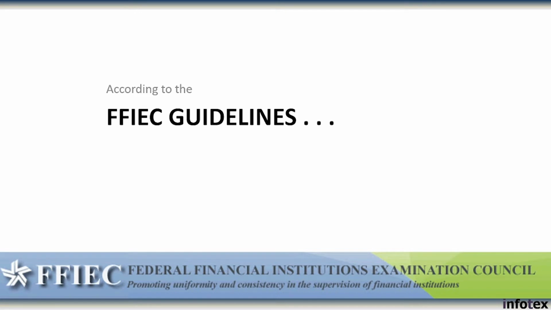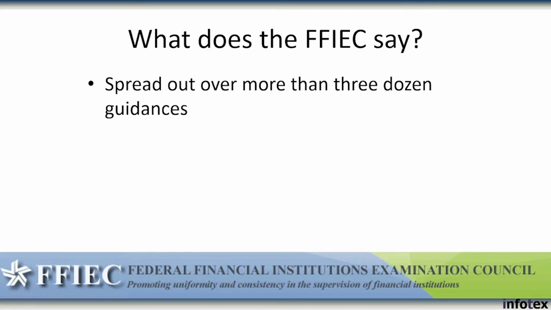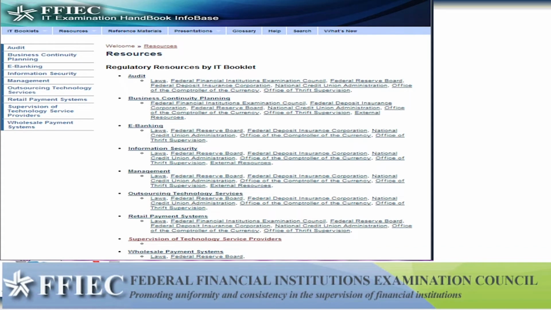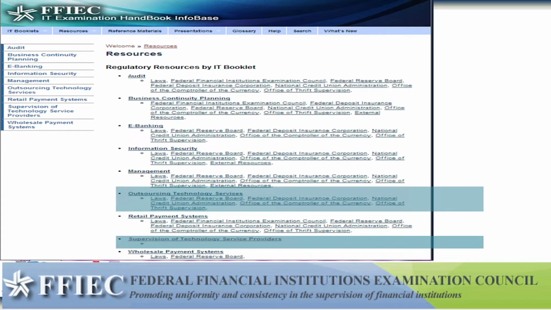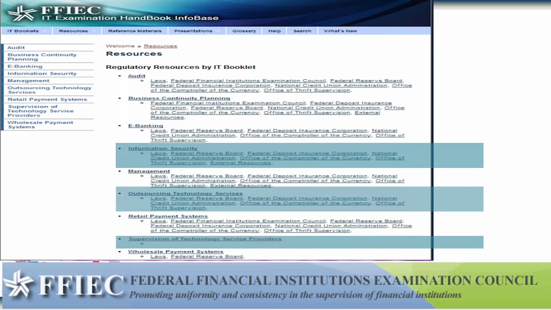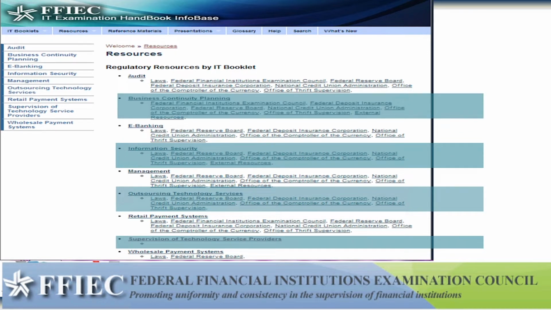And according to the FFIEC guidelines, well, it would be hard to present what the FFIEC guidelines say at a high level. They present their guidances spread out over many documents and booklets which are specific to those guidance areas. The guidelines on vendor risk management are included in different forms in multiple IT booklets published by the FFIEC, including specific subjects such as retail and wholesale payment systems, business continuity management, architecture infrastructure operations, etc.